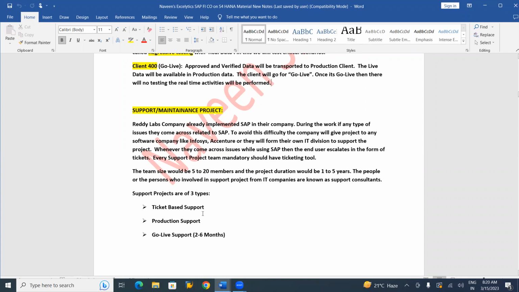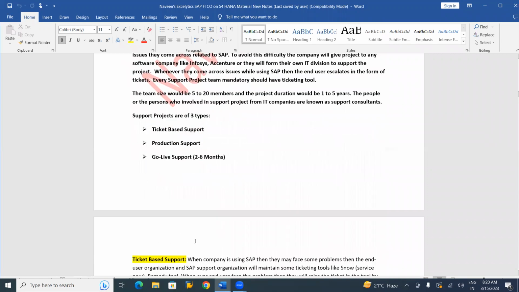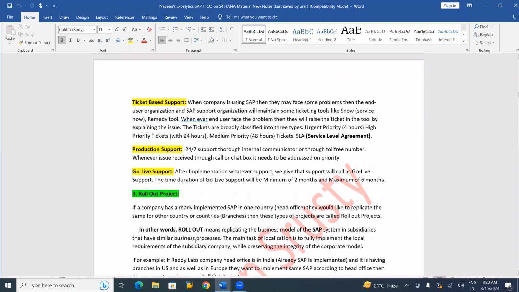One is ticket-based support, then production support, and go live support. What do you mean by ticket-based support? Ticket-based support is when a company is using SAP, and they may face some problems, some issues.